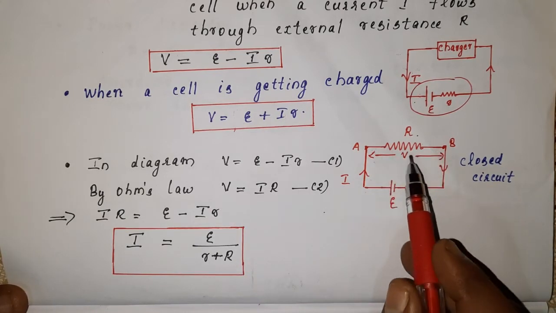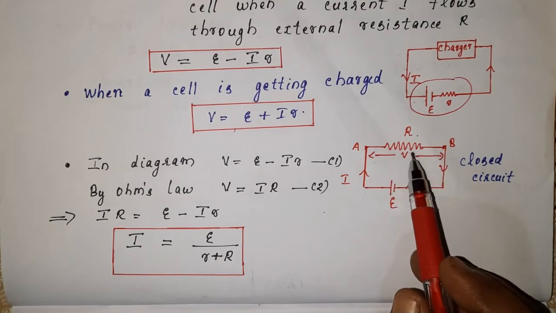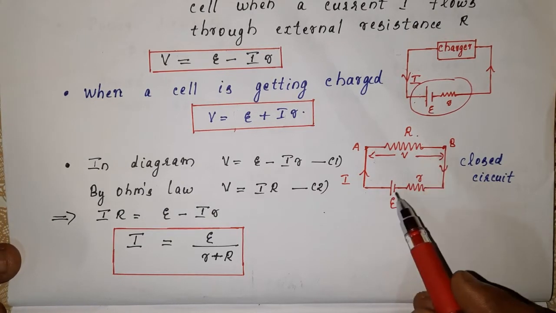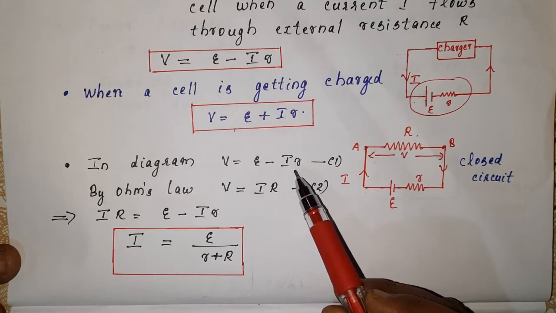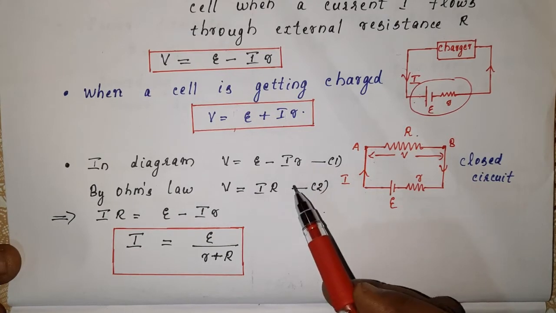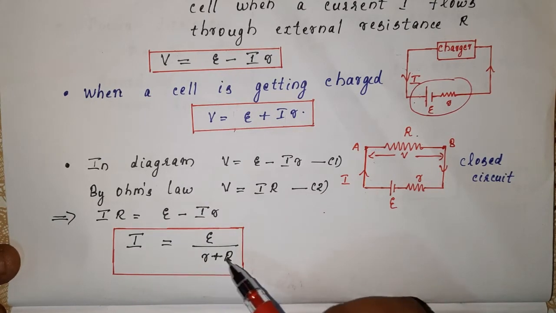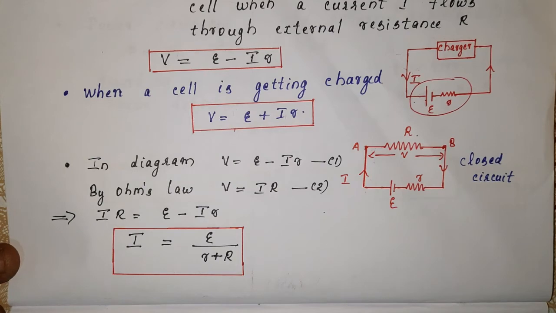That is the terminal potential difference across the cell, the same as the potential difference across the ends of the conductor, because that potential difference is provided across the ends of the conductor. So here V is equal to IR and V is equal to epsilon minus Ir. The right hand sides are the same, so you can equate them. By rearranging, we get the expression for current to be epsilon divided by small r plus capital R. That means I is equal to epsilon divided by internal resistance plus external resistance, that is, the total resistance.